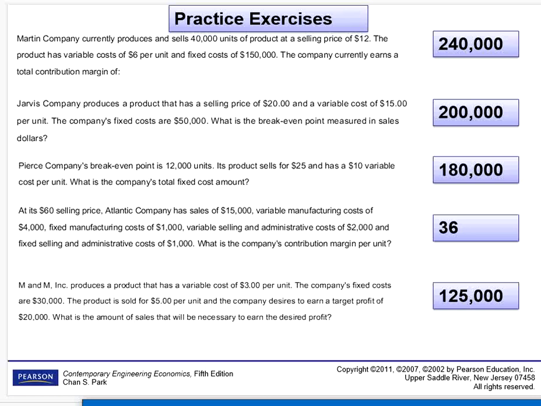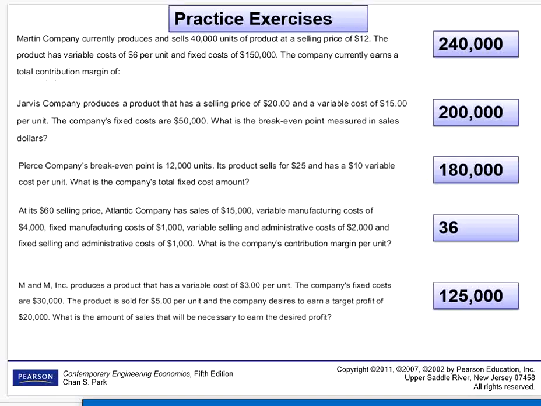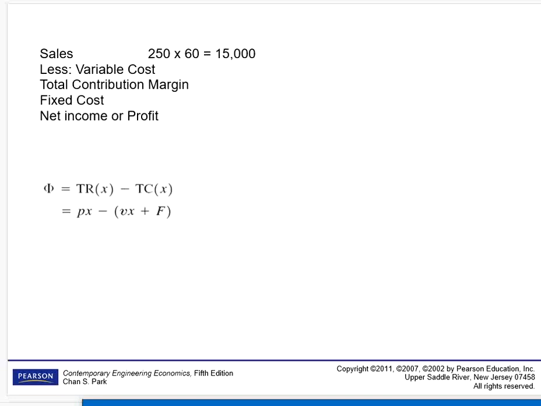Only what you need to do is replace those numbers in this equation. Let's say profit is in this equation. Profit is 20,000. If you want to earn a target profit of 20,000,